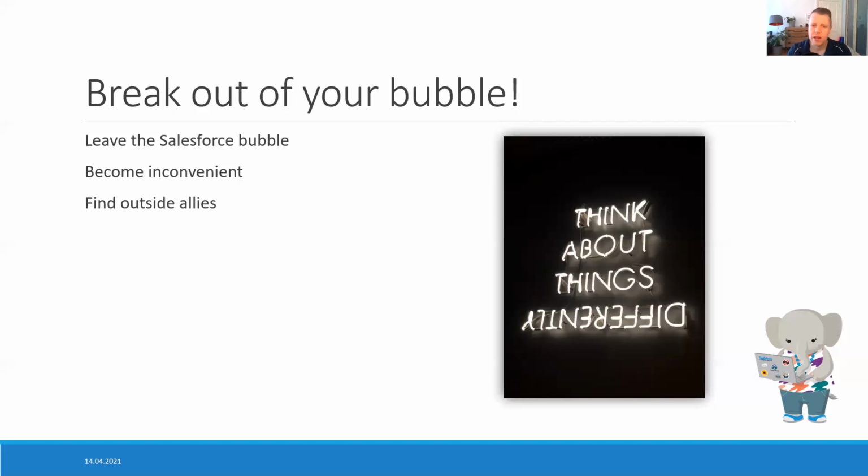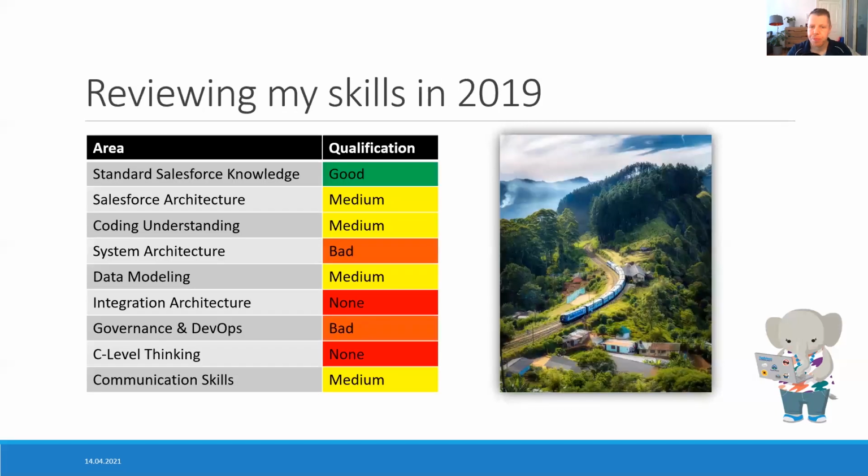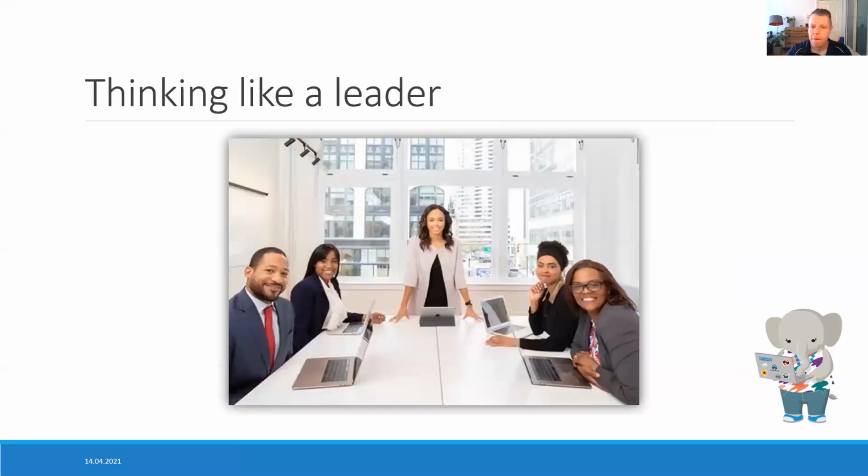I did business case writing. I took English classes. I still do that from time to time. And I watched so many random YouTube videos on so many different topics. So this helped me to break out of my bubble. So I was getting closer and closer. In 2019, I was on track. I was nowhere near, but I was on track. You see, it became mostly yellow, reddish now.